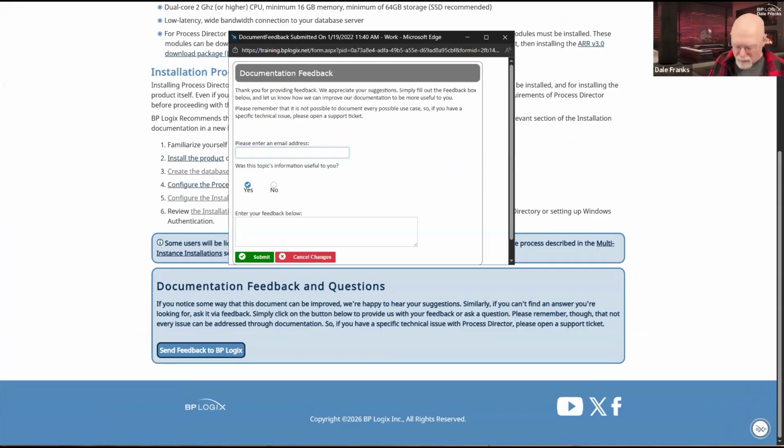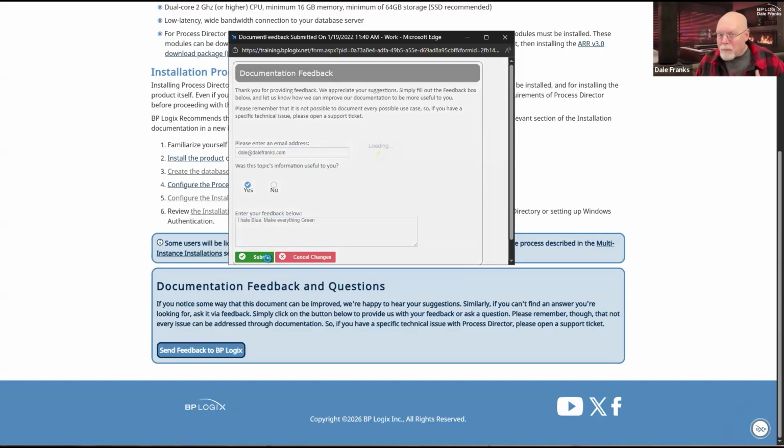So I'm going to enter my email address. And topics information is useful to me, but I hate the color. I hate blue. Make everything green. Okay, that's feedback, and I'm going to go ahead and submit it.